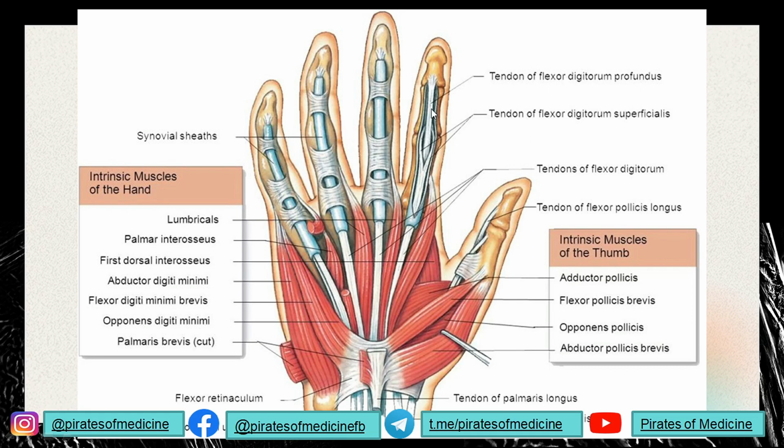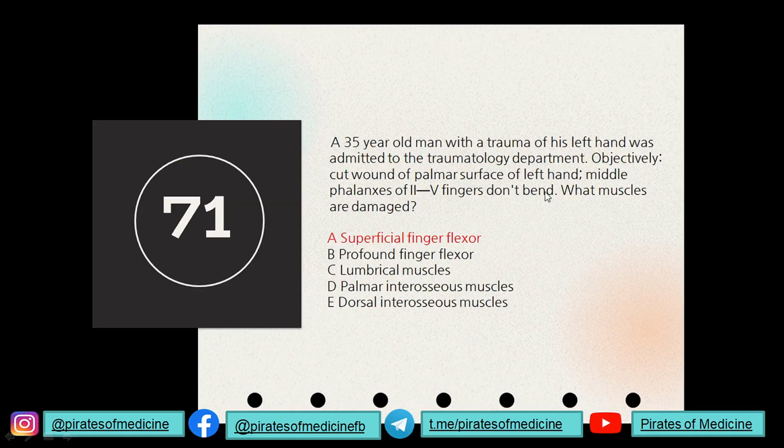Similarly, the middle and the proximal phalanx of each finger are supplied by the tendon of flexor digitorum superficialis, or the superficial finger flexor. So if you want to bend these middle phalanges or the proximal phalanges, then this muscle, the superficial flexor muscles of the digit, should work. So in the question, the patient was not able to bend the middle phalanges of the second to fifth finger. This shows that there is an injury of superficial finger flexors. Simple? I hope you understand.